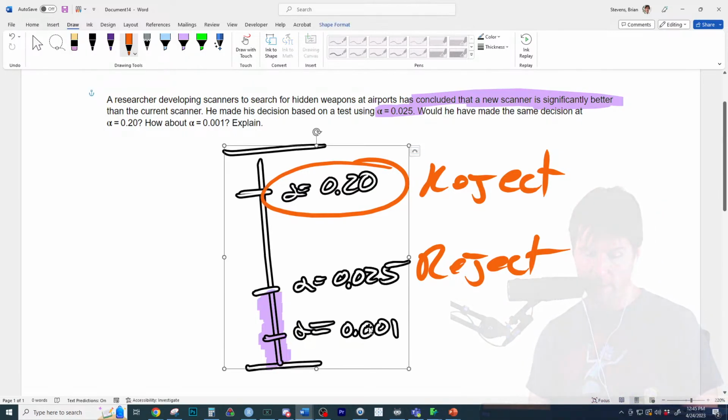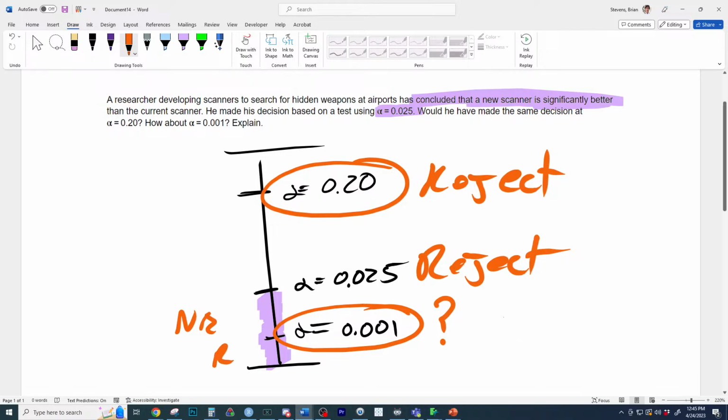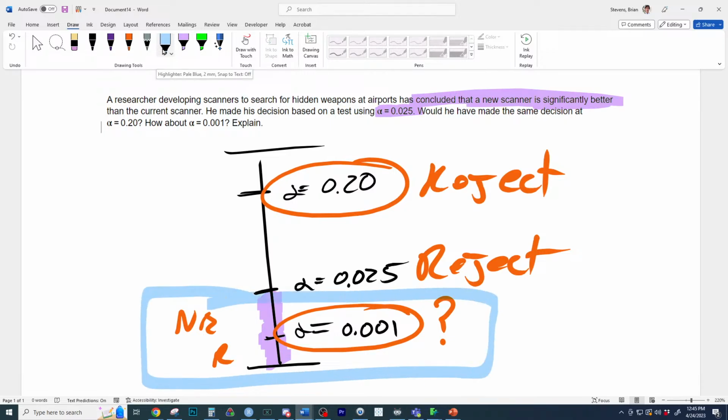But for this one, we don't know where the p-value is at, because this is reject, or not reject. Oh my gosh, not reject, and this is reject. It'd be reject. We're only talking about for this one right here. Because at the 0.0001 level, if it's above it, which it could theoretically be, we would not reject. But if it's below it, we would reject. So we don't know what to do there. Does that make sense, Jesse?